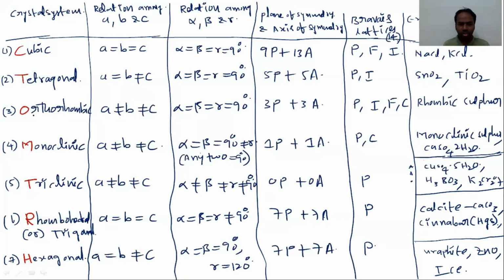In objective examinations, they used to ask, for example, they will give orthorhombic, and ask which among the following four alternatives is correct. The first alternative they will give like A is equal to B not equal to C, and like that four options, and we need to choose the correct option. Otherwise, they give these properties, the relation among edge lengths and the relation among axial angles, and then we need to identify which type of crystal system. So this type of model they can ask.